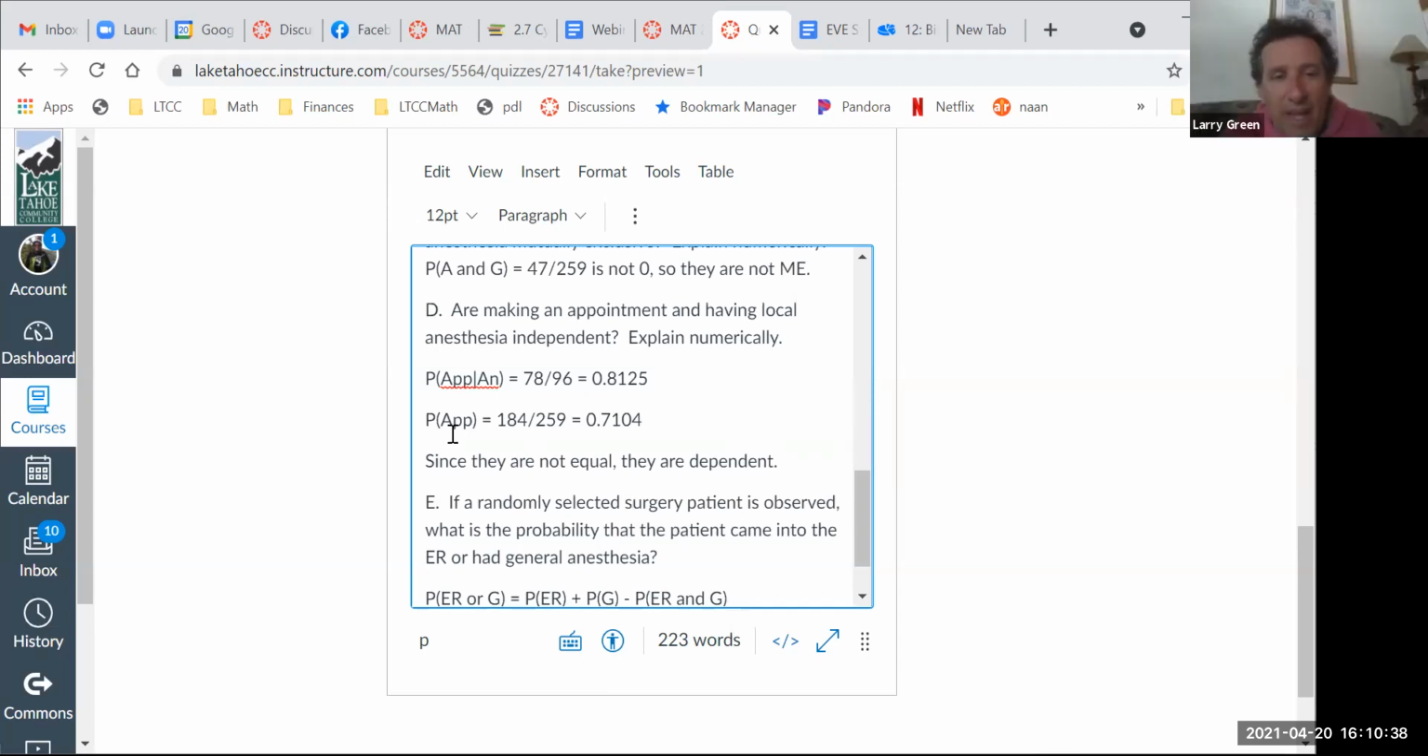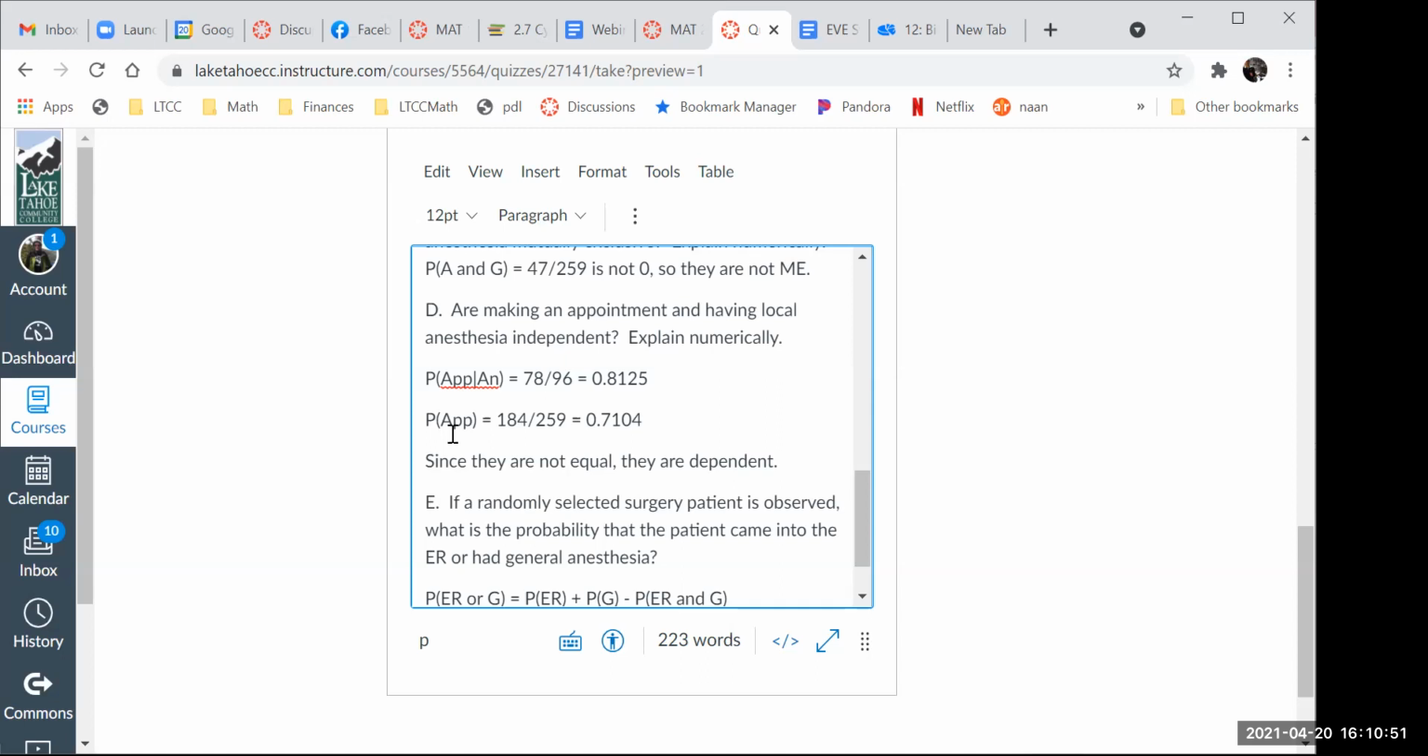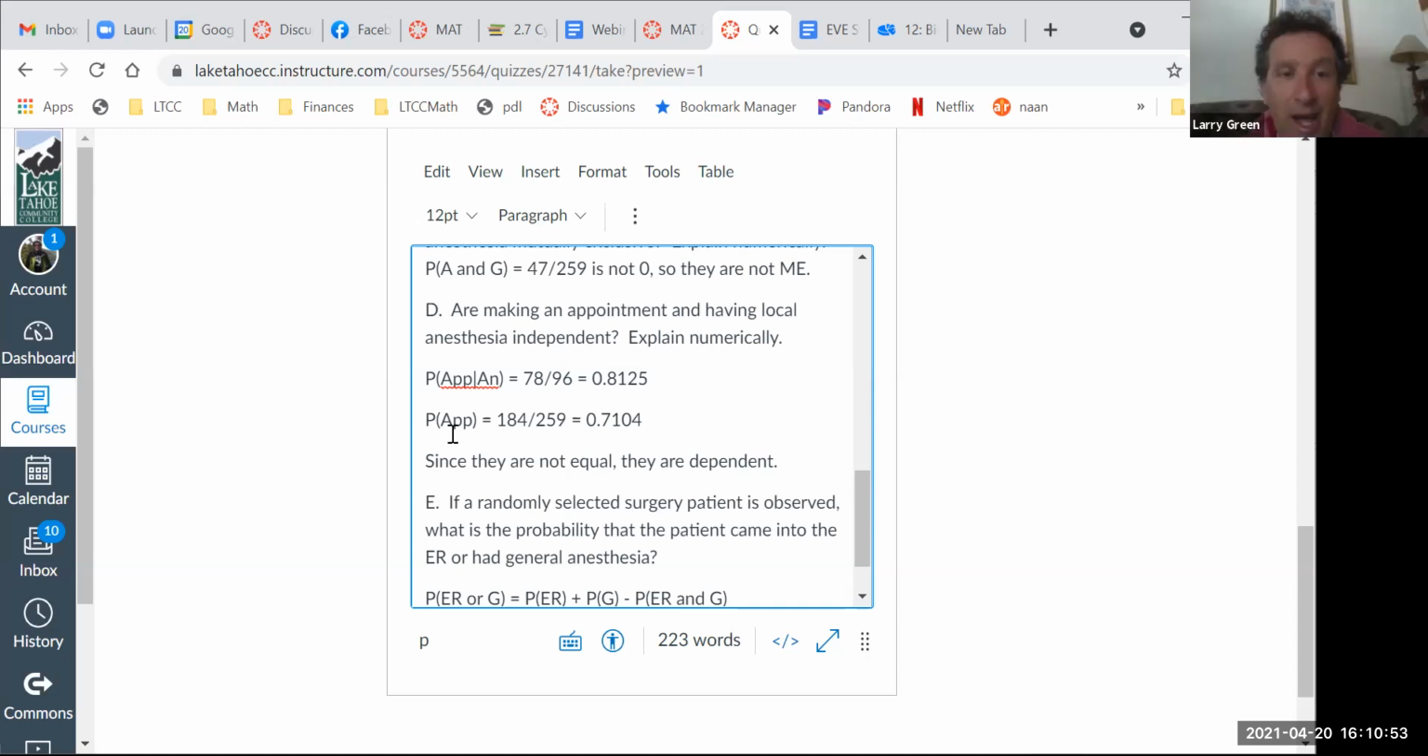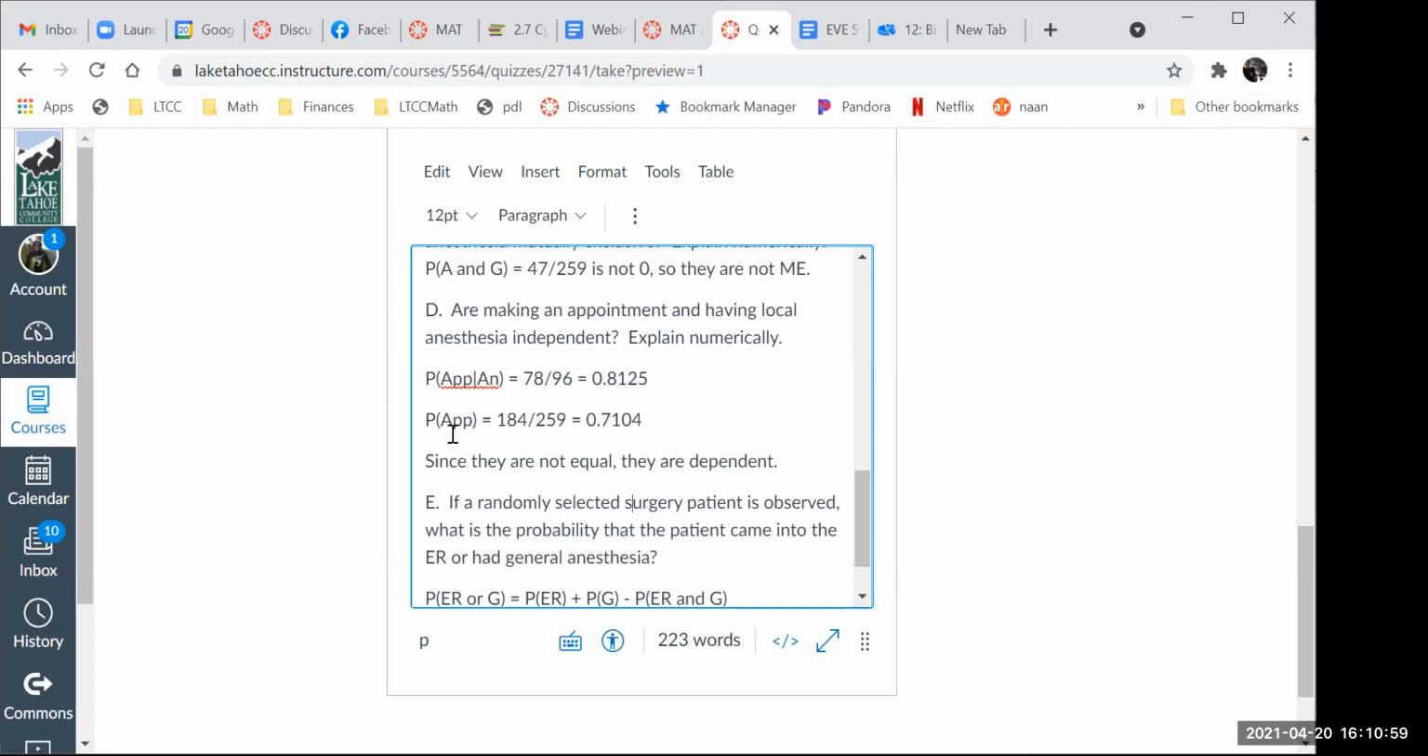Okay, so you can do that, but let me tell you why I didn't. It wouldn't be wrong to do that. You can compare the probability of making an appointment and having anesthesia with the probability of making an appointment times the probability of having anesthesia. Does that make sense? Yeah. Okay, but here's the reason why